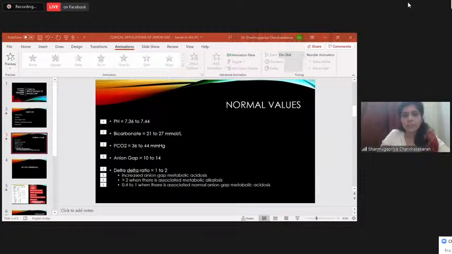So now we are clear about metabolic acidosis. Now, what possibly do you think can be the causes of metabolic acidosis, and what can be the causes of decrease in bicarbonate? There can be a decrease in bicarbonate because of two reasons. Just think logically. One is increase in utilization of bicarbonate. When your body uses bicarbonate, there is going to be a decrease in bicarbonate. Or whenever there is an increase in the loss of bicarbonate.